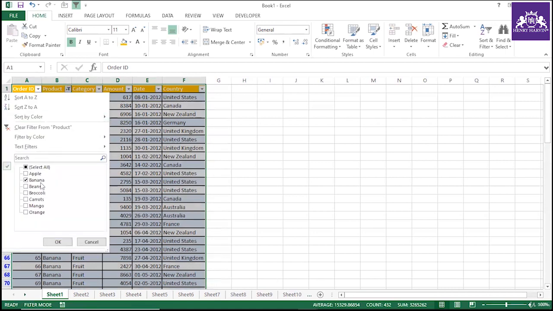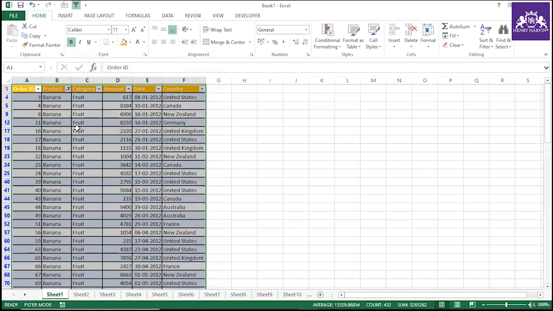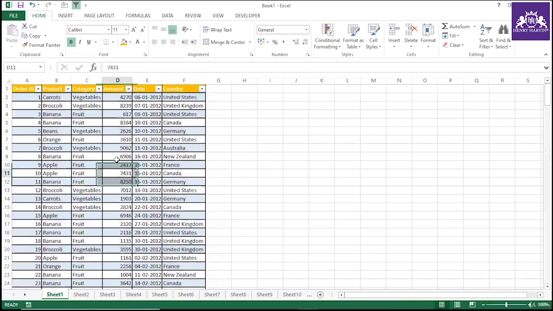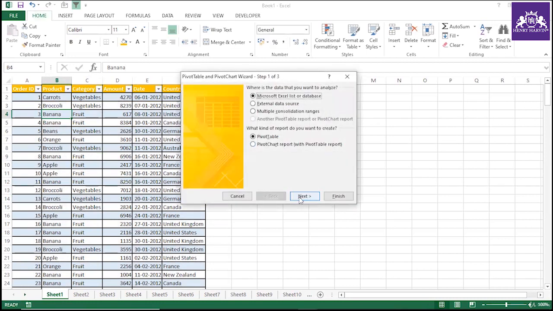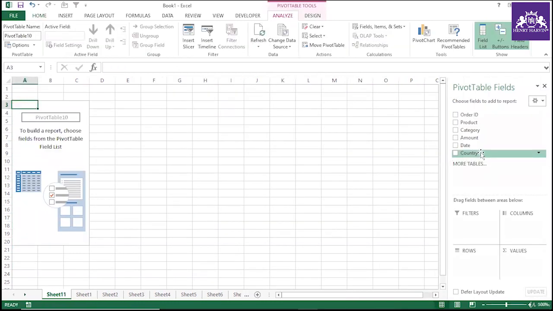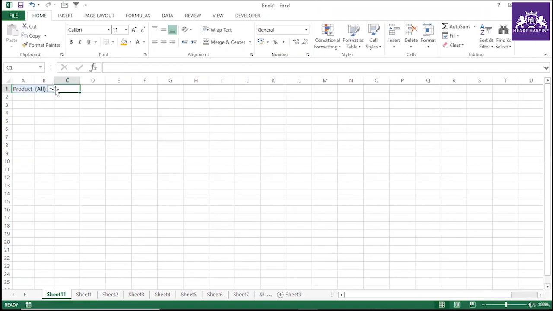So to avoid that, can we do something so that we can avoid these things? How can we do that task? Again I'm telling you, Alt DP is the shortcut key to create the pivot table. So we are going to show you something. Product, you can apply product over there. Of course, we have these items,